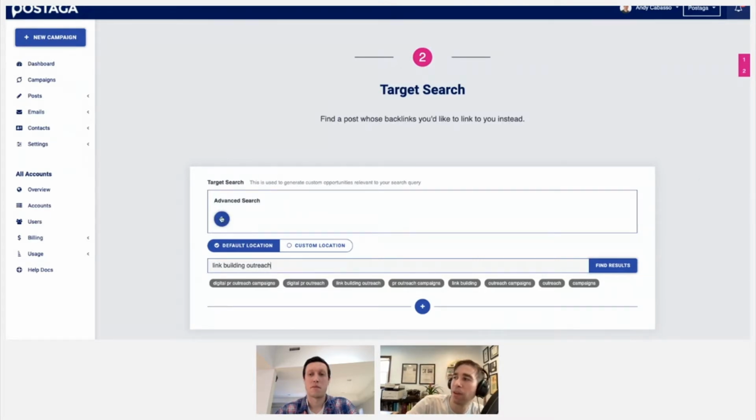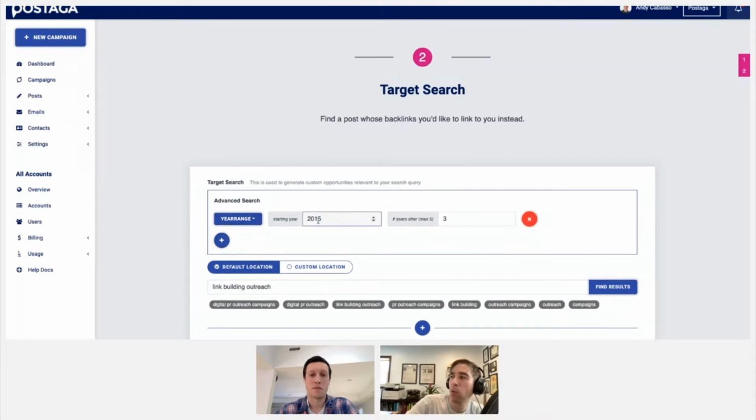So I'm going to click this advanced search button here, and we have different parameters. You can choose, for example, the year that it was published. I'm going to search from 2013 up to 5 years, so a date range of basically 2013 to 2018.